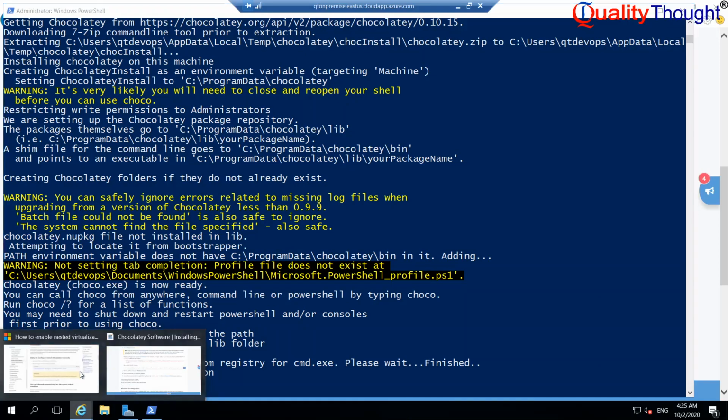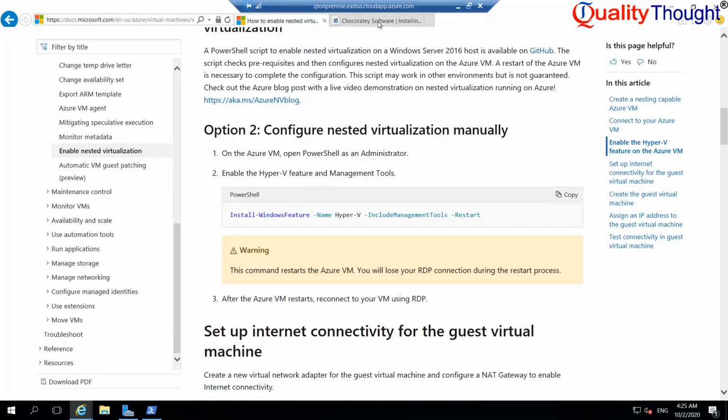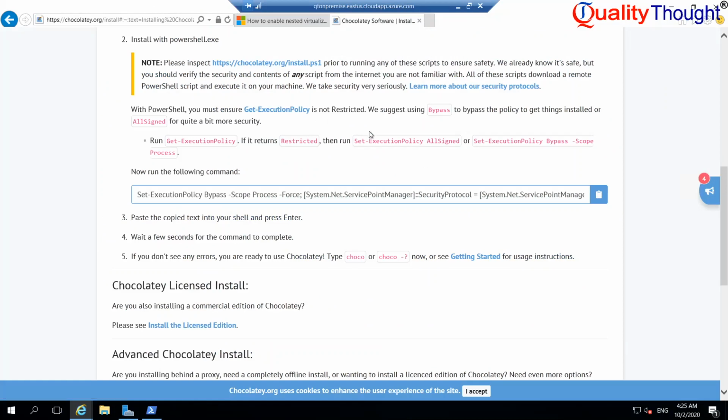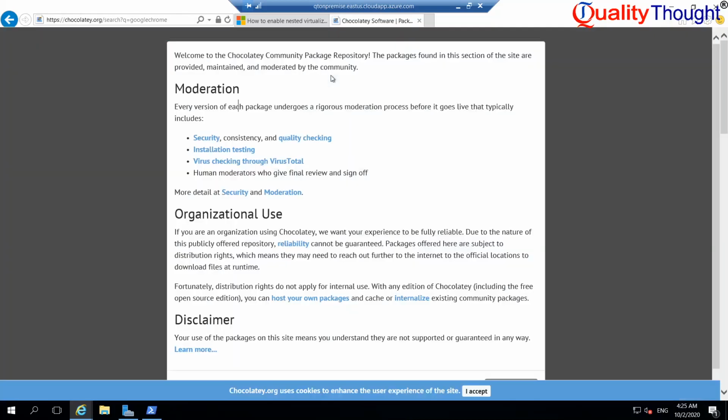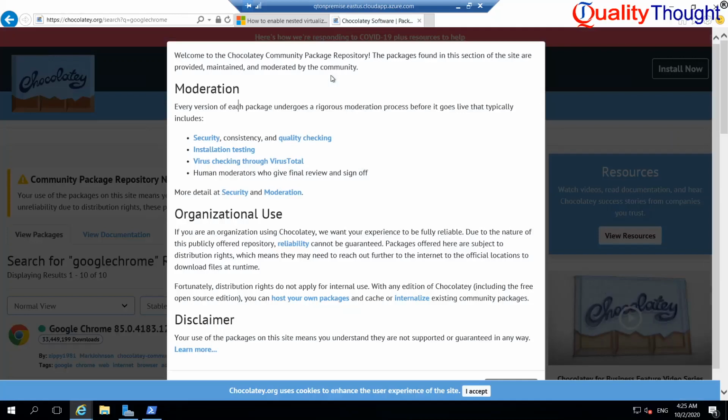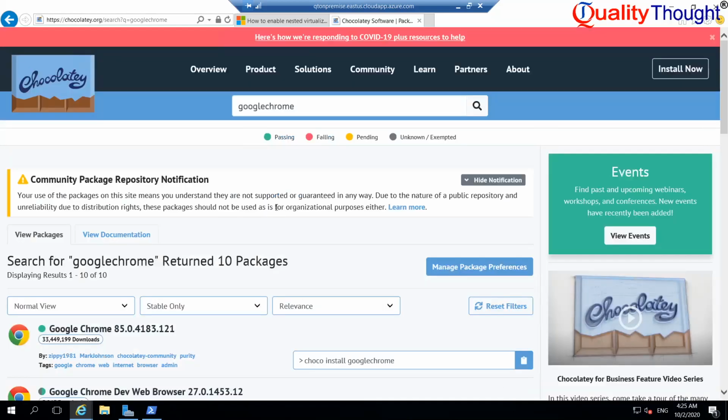Now I'll try to search in Chocolatey for two softwares. One is Google Chrome. Alright, I'm okay with this cookie policy.